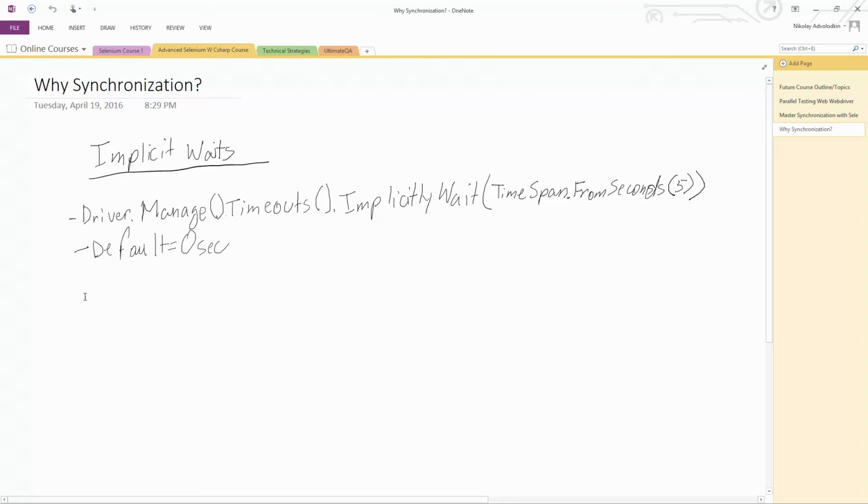So what are some advantages of these implicit waits? Well, an advantage of the implicit wait is that it's very easy to use, and it allows us to quickly fix problems in our tests. The disadvantage